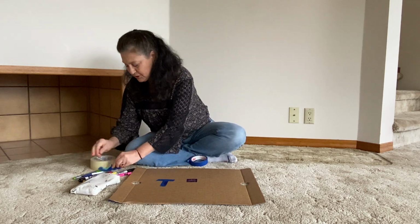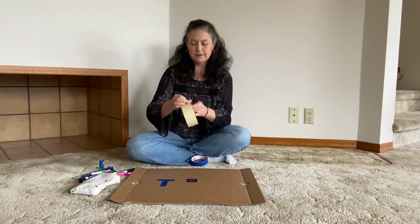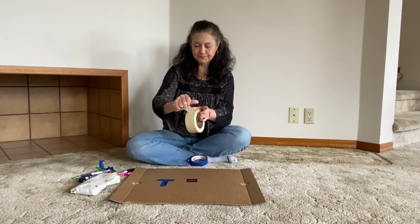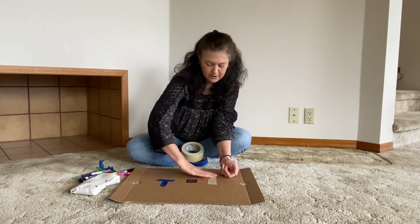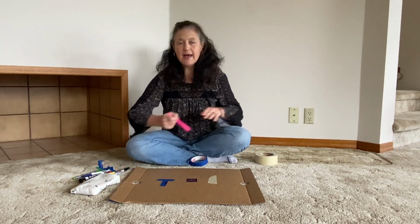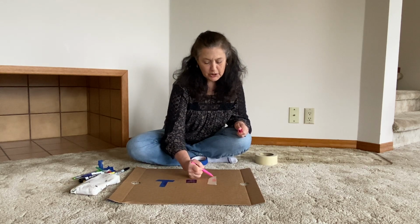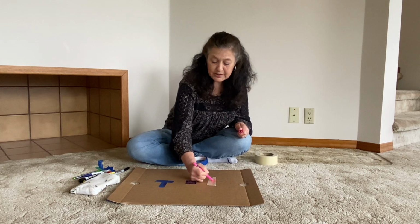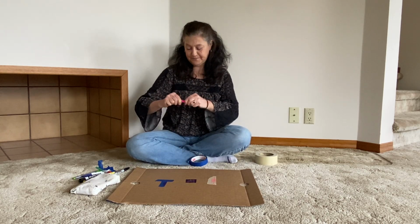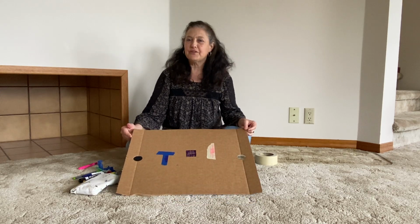Another idea is to work on vertical and horizontal strokes, which are the first strokes that come in as a precursor to writing. So there is my vertical line, and I can color just inside the tape to work on those vertical lines. We can make straight lines down, or we can color inside to get that concept. So those are some ideas I have with the